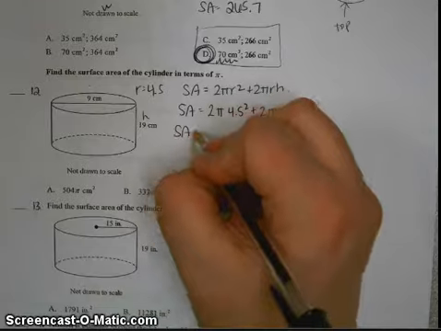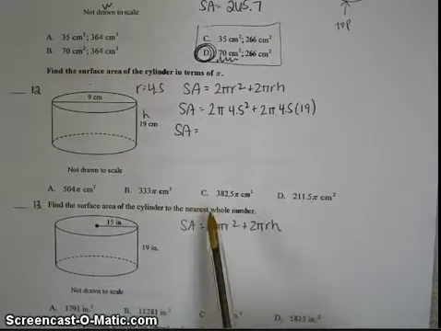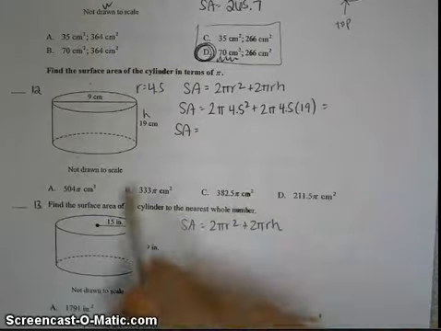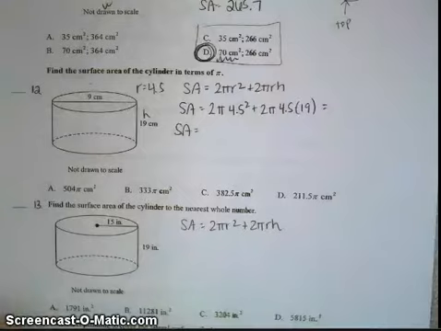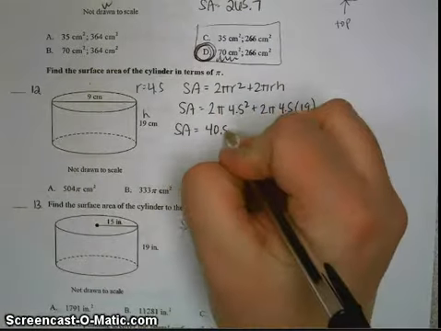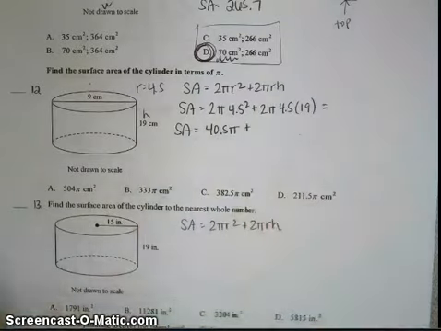We did not deal with exact form, but I'm going to do it that way because we could just enter that in our calculator and figure out what is equivalent. But I can do 2 times 4.5 squared, means this is 40.5 pi, plus 2 times 4.5 times 19